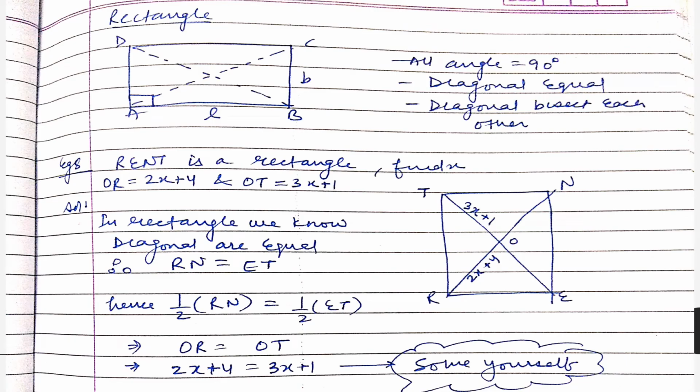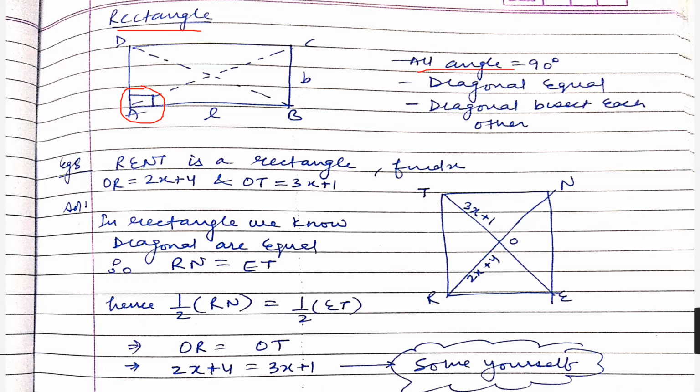Now, rectangle. We have seen rhombus, the first child. Now, rectangle, the second child. And let's see what is different in this. First of all, again, son of parallelogram, so it will follow all the properties of a parallelogram. Second, a parallelogram with one angle equal to 90 degrees is a rectangle. This is the definition.